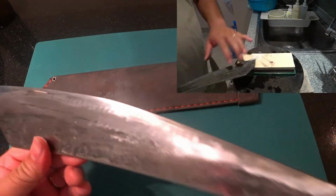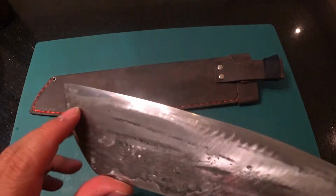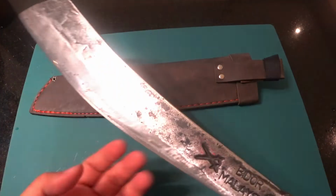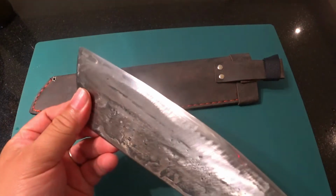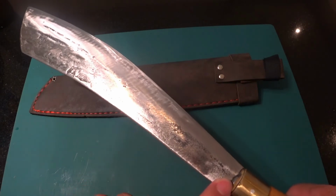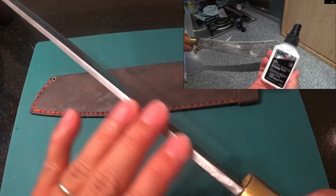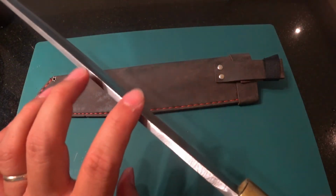I believe you can see from here it's a bit on the edge of it. Hopefully, I achieved some mirror finish. And I stropped it with just some compound myself. After that, I've also put some knife oil on it just to prevent it from getting rusted. And I've touched up a little bit on the spine here because there's some